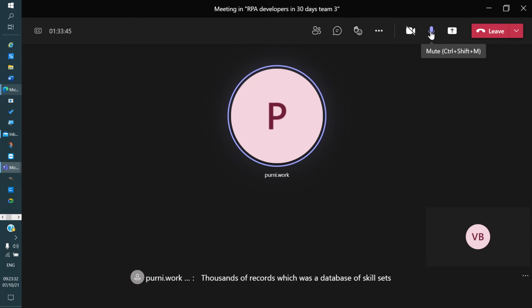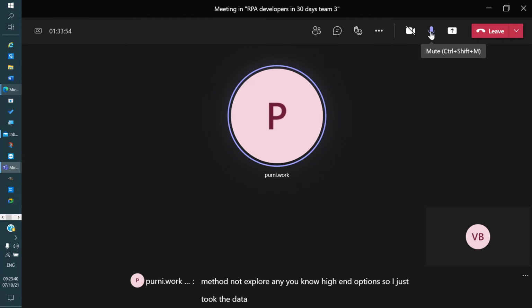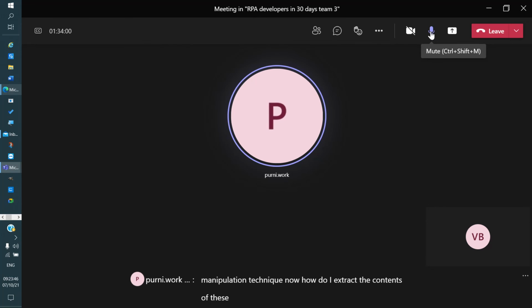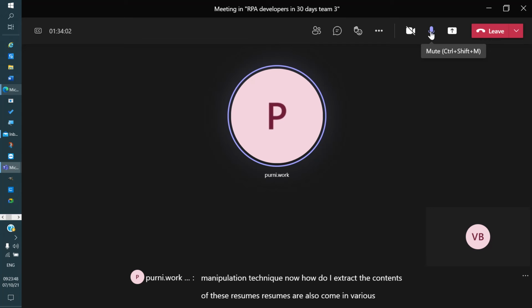Now I wanted to step back to the traditional, simple method, not explore any high-end options. So I took the database of skill sets and tried a simple string manipulation technique. Now, how do I extract the contents of these resumes? Resumes also come in various extensions. Reading PDF and Word doc files was too much, because even in doc I found there is doc and docx, and one version was not working with the other.